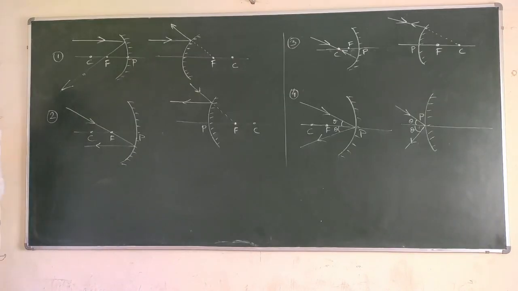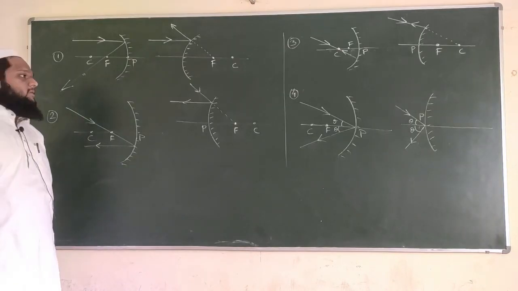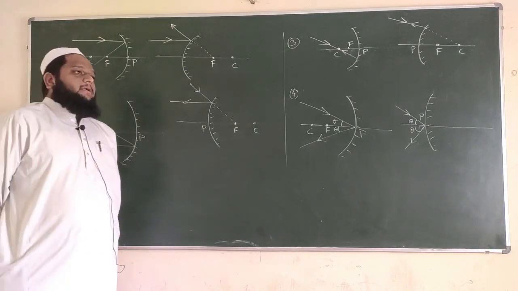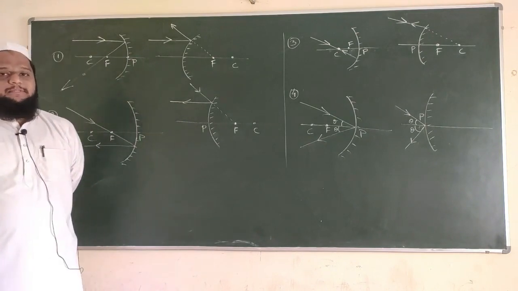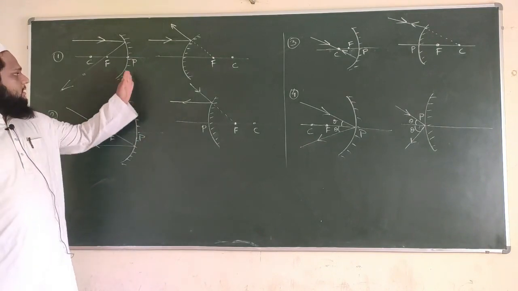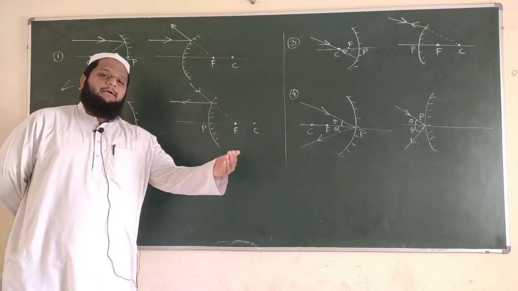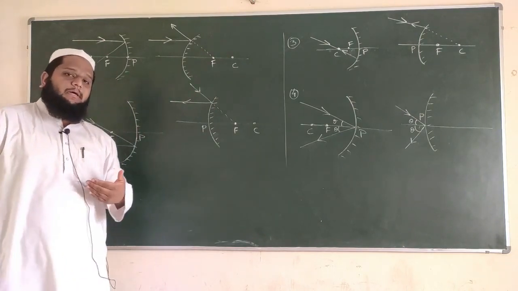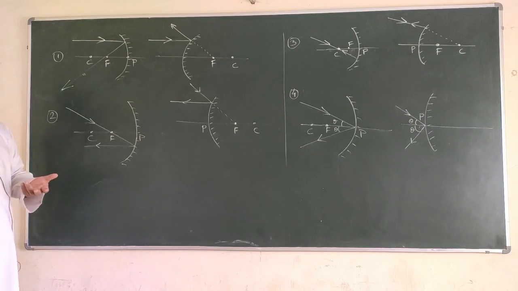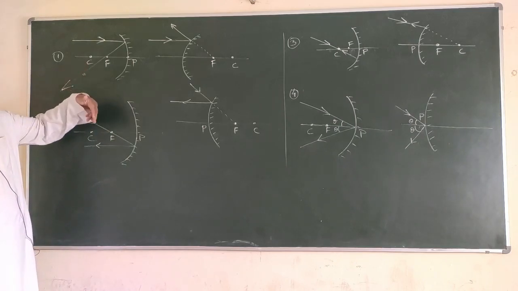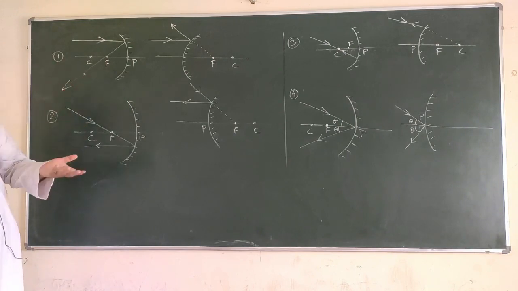Alright, let us move on to the next topic. What is this topic? We are trying to find out whenever you keep an object, when the rays come from that object and fall on the mirror, be it concave or convex, how and where will the image be formed? So what does it mean basically? मैं कहाँ पर object रखूँगा तो image कहाँ पर बनेगा? So how will I find that out?